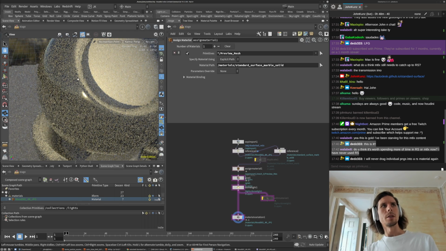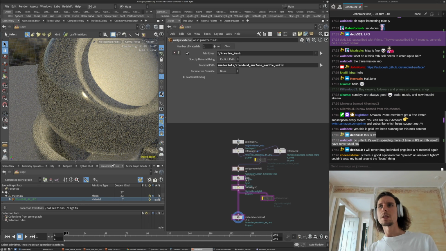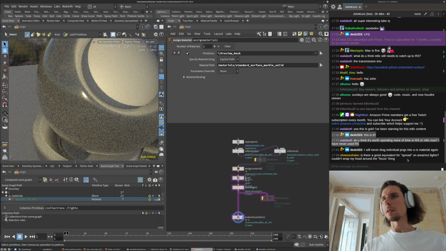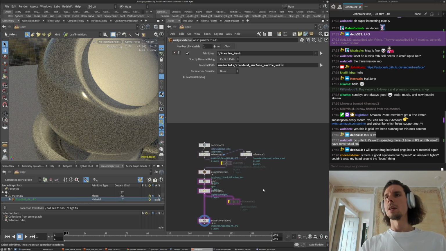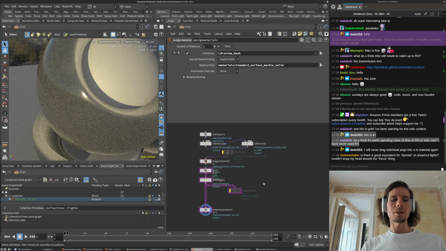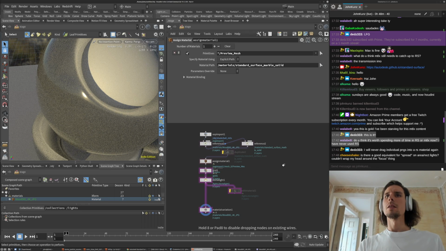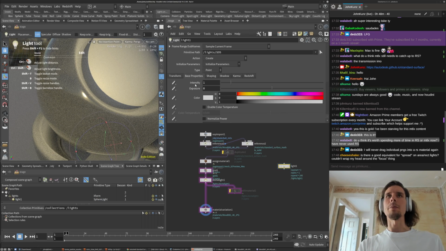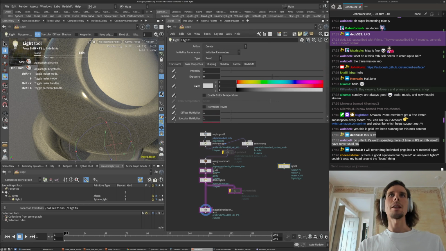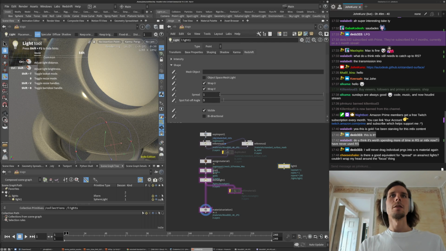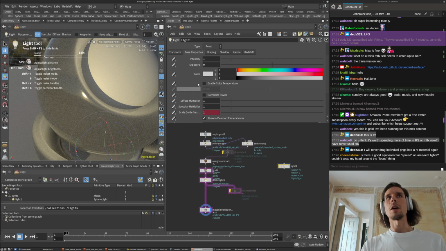This might be a little bit slow just because of the subsurface stuff. Is there a good equivalent for spread on the area or rect lights? I'm not too sure. I've tried that a little bit, but I don't think that they've implemented something that's always going to be the same necessarily. If you're used to using the spread, you can do it with the Redshift specific properties over here. But in terms of a general standard light